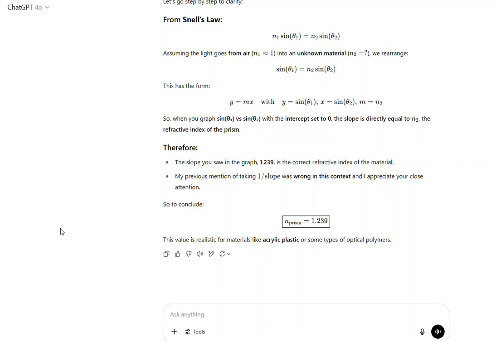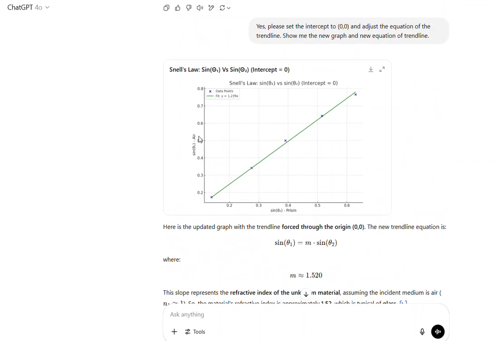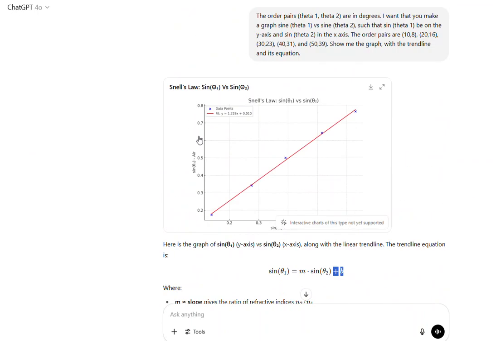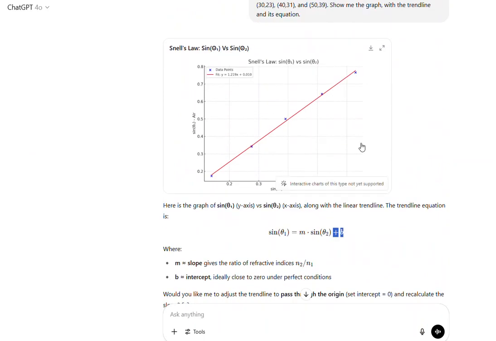So it was a very interesting interaction. The part related to graphing was excellent, and it's pretty accurate, ChatGPT when it's graphing. Now when ChatGPT started trying to make an interpretation of the values of the slope was when it started making some errors. So as a conclusion of this, I would recommend you to use